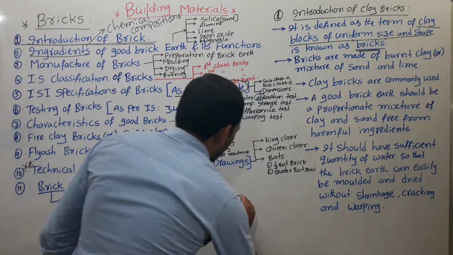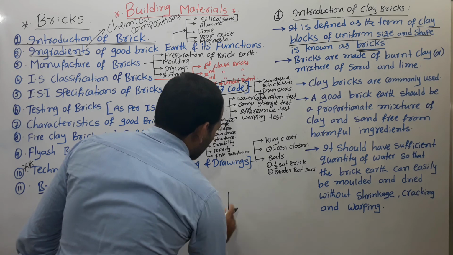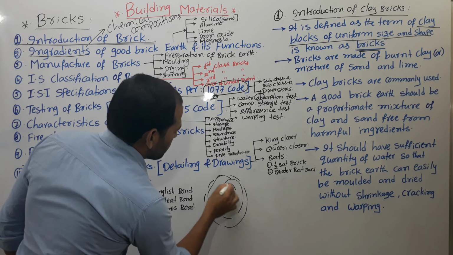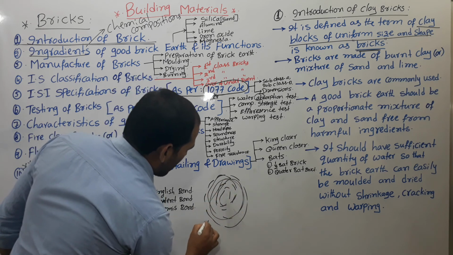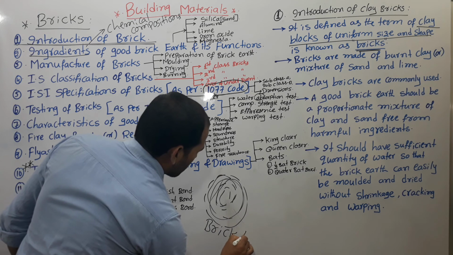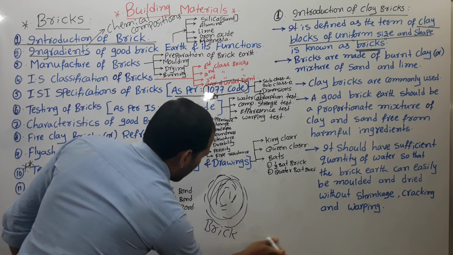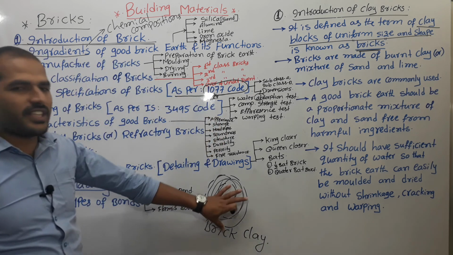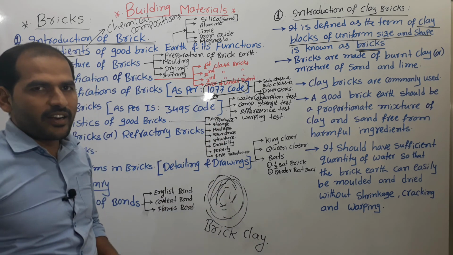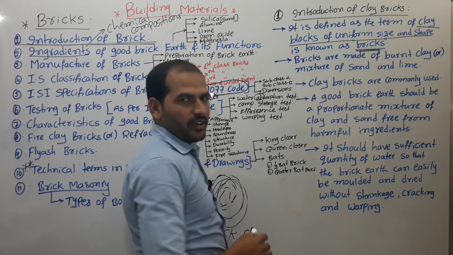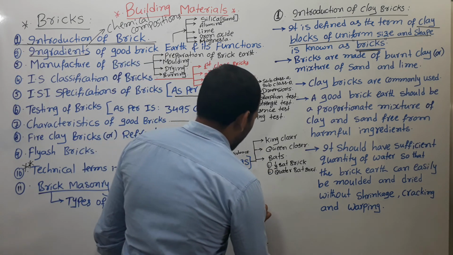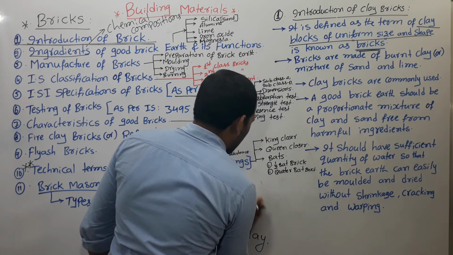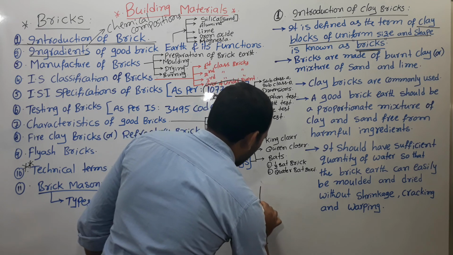So if you take the brick, for example, this is the brick. This is the brick earth, or this is called the brick clay. Take this brick clay and put it into a mold, the brick mold, and it is converted into a uniform size and